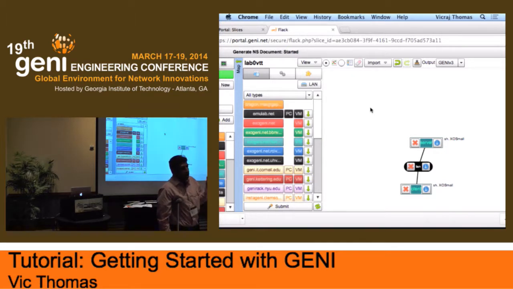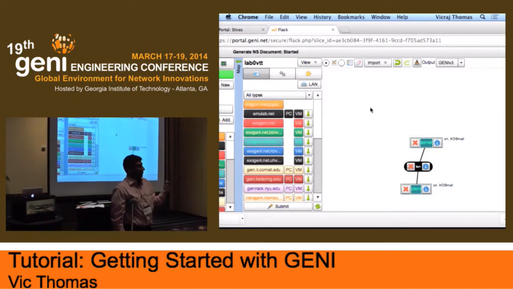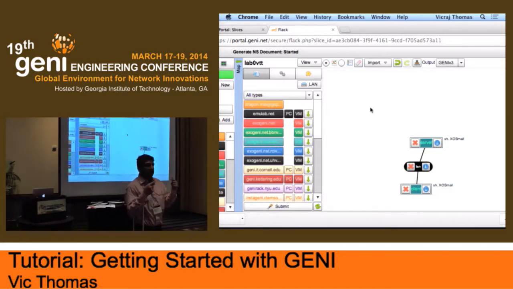So what GENI allows you to do is specify a script. It's called an install script. So when the node comes up, when a VM comes up, that script is automatically executed for you. So in that script, you can do things like install software, configure interfaces, whatever you want. So that's what we're going to do today. We are going to tell our aggregate